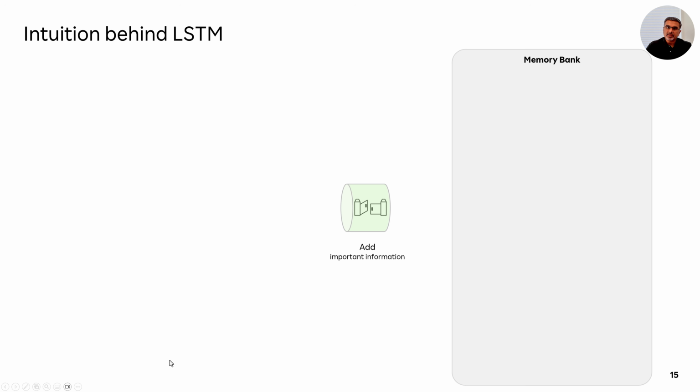So in addition to the add gate, we'll also need a forget gate. What the forget gate does is start removing unimportant information from the memory bank. Now, as you're watching episode after episode, we will filter out the unimportant information from the memory bank, then process the episode and add important information into our memory bank. Now, let's go step by step.